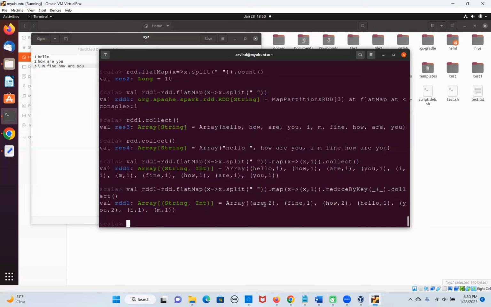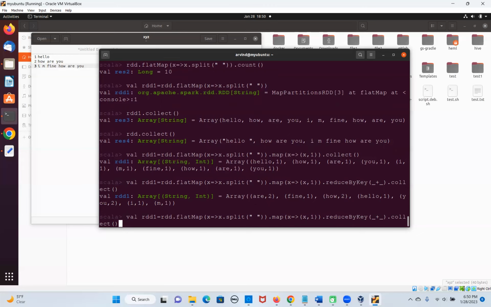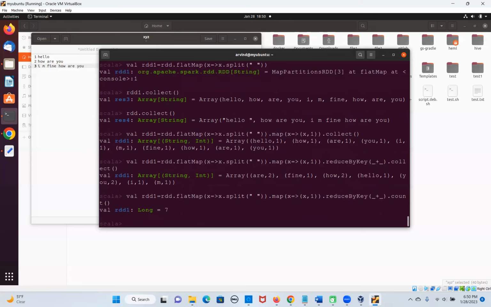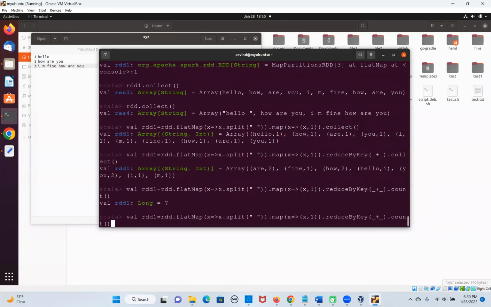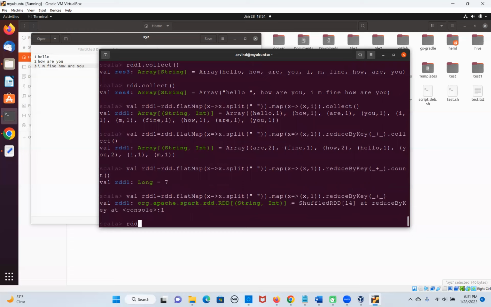Okay, so now this is kind of the final result only, right? Like R is 1, find is 1, how is 2. Okay, so I can do groupByKey, but this is coming through collect, right? I do count. Count is giving the total number of elements. So I can assign some RDD1, okay, and this RDD1 I want to print. Okay, so I can do foreach x